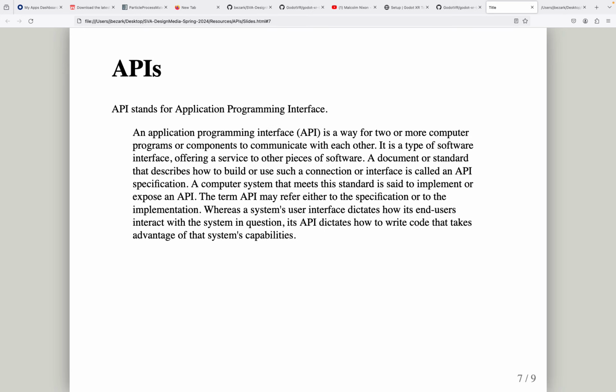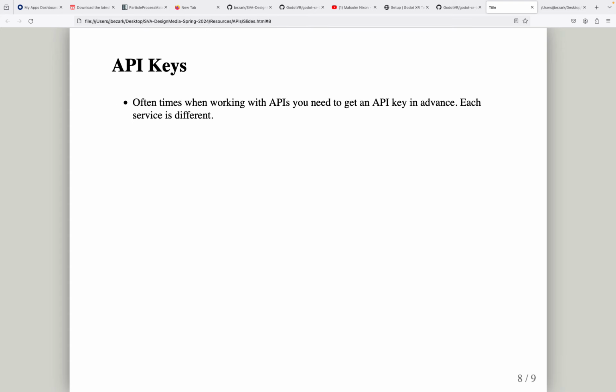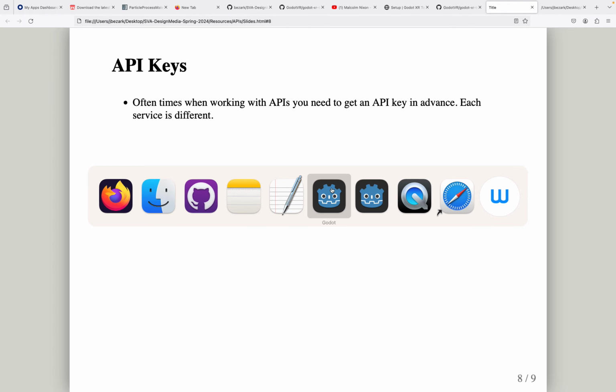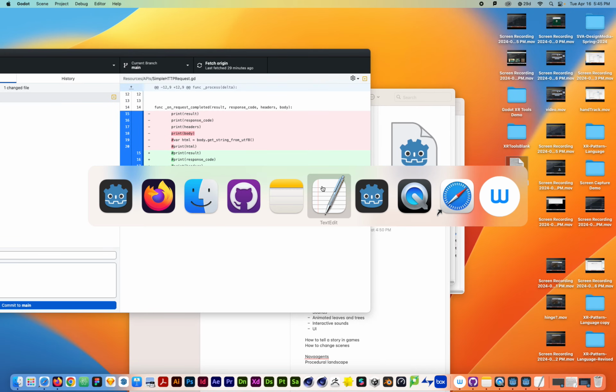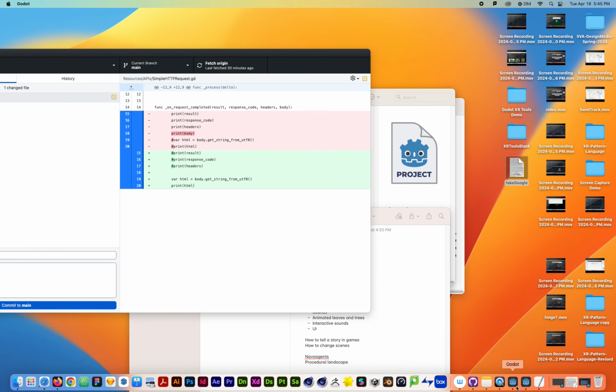And so we use all of this together with APIs. An API stands for application programming interface, and that's basically a way to have computers talk to other computers. And there's all sorts of really interesting APIs. APIs often need keys, which I'll show you in a minute. But you can stitch APIs and API keys together to retrieve certain information. So, for example, I'll go back to Godot, wherever it is,